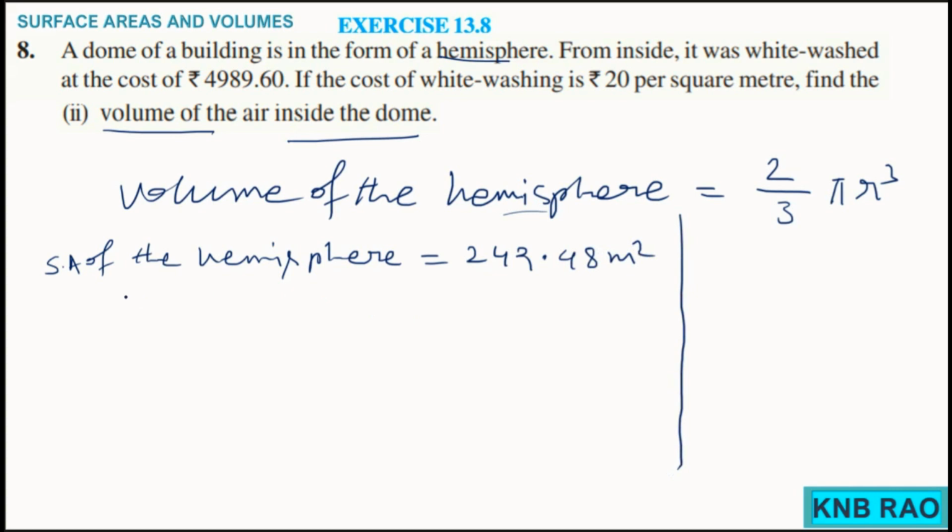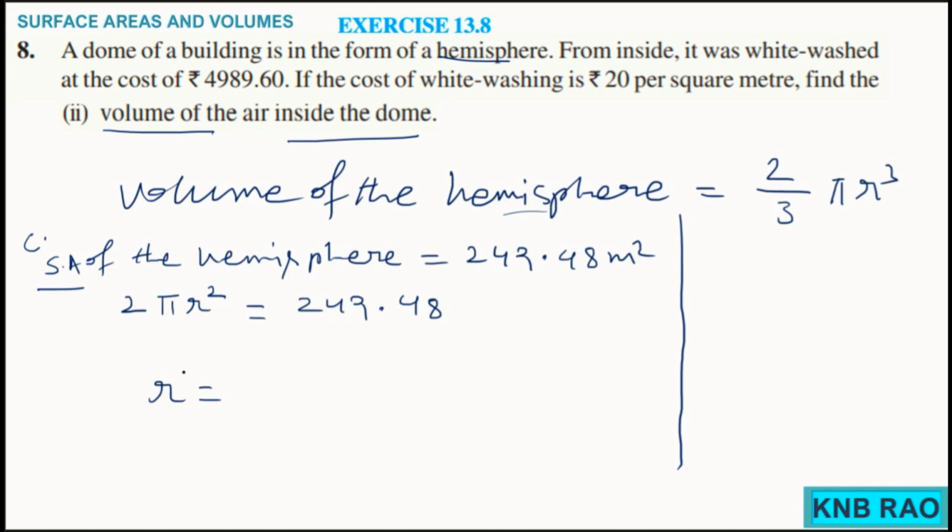How can I use it? You know what the surface area of the hemisphere is? That too, it is internal, that is the curved surface area. Why only CSA? It is because only the dome is painted, not the base. Base is not there at all, isn't it? Because if the base is there, it is completely covered, and the dome won't come. So the dome is just the CSA of the hemisphere. That means 2 pi r square is equated to 249.48. If you solve this, you'll get the value of r.